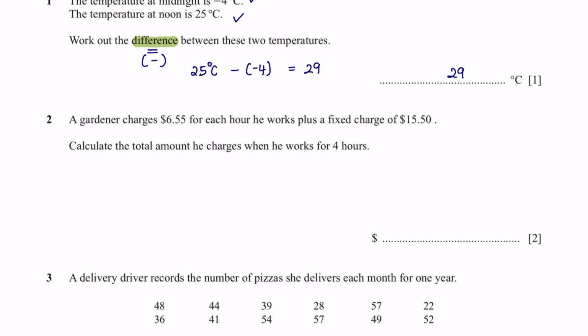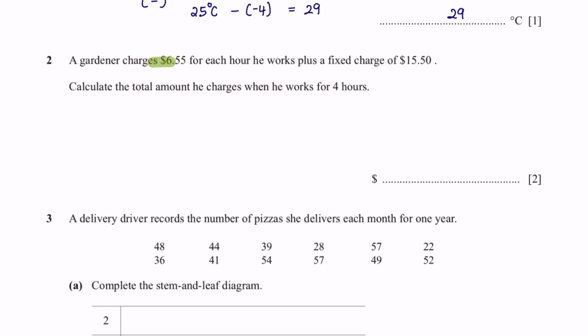Next, question 2. A gardener charges $6.55 for each hour he works plus a fixed charge of $15.50. Calculate the total amount he charges when he works for 4 hours. If he gets paid $6.55 per hour, then working for 4 hours we're going to multiply by 4, which gives us $26.20. And on top of that, he also gets paid a fixed charge of $15.50. So we're just going to add that up and you will have